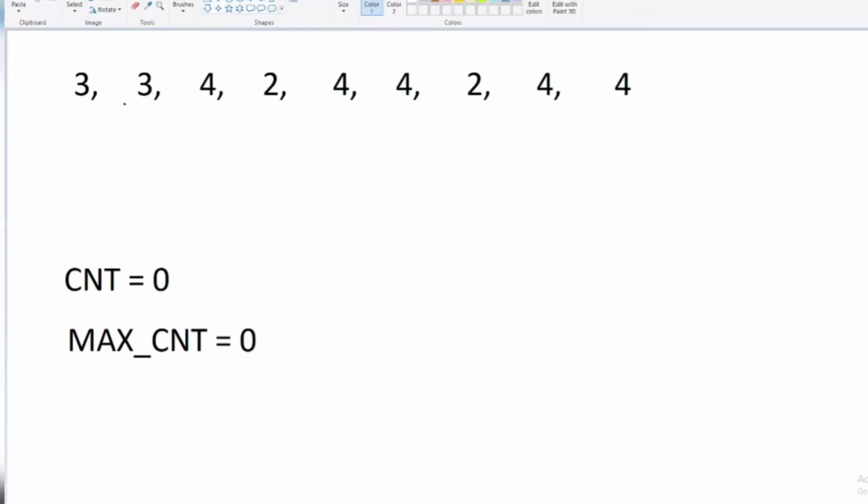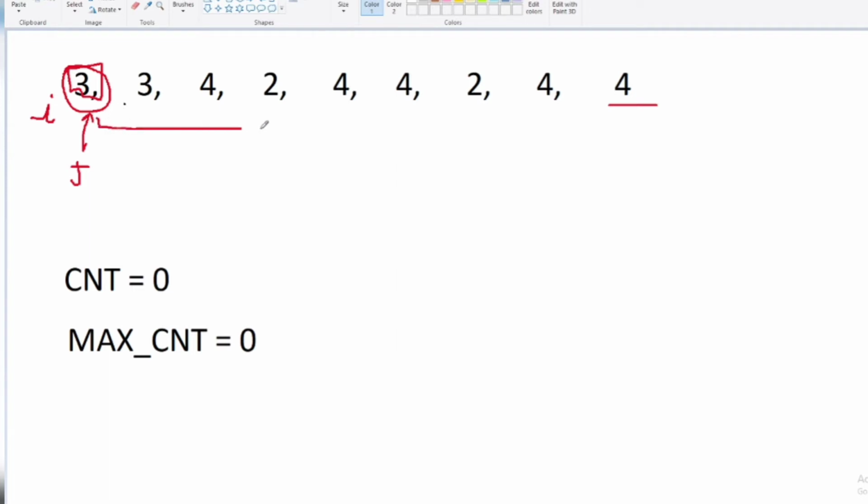The brute force approach takes two loops, that is nested loops. It starts the first loop, that is the ith loop. The ith loop tells us the element whose count we will be tracking. So for example, when i is 0, we will be tracking the count of 3. Now we will start another loop, that is j. j will go from 0 till the end, and j will check whether the element arr[j] is equal to arr[i], that is 3. If that is the case, it will just increment the count.